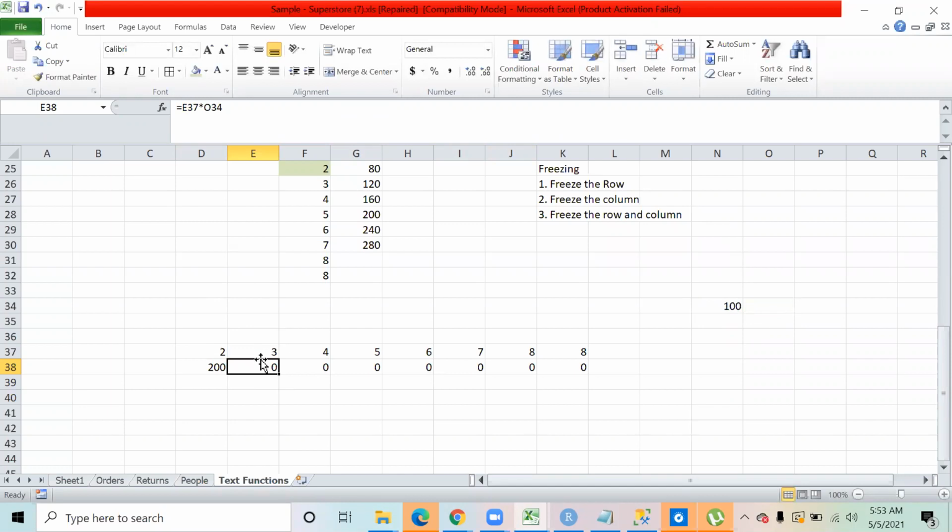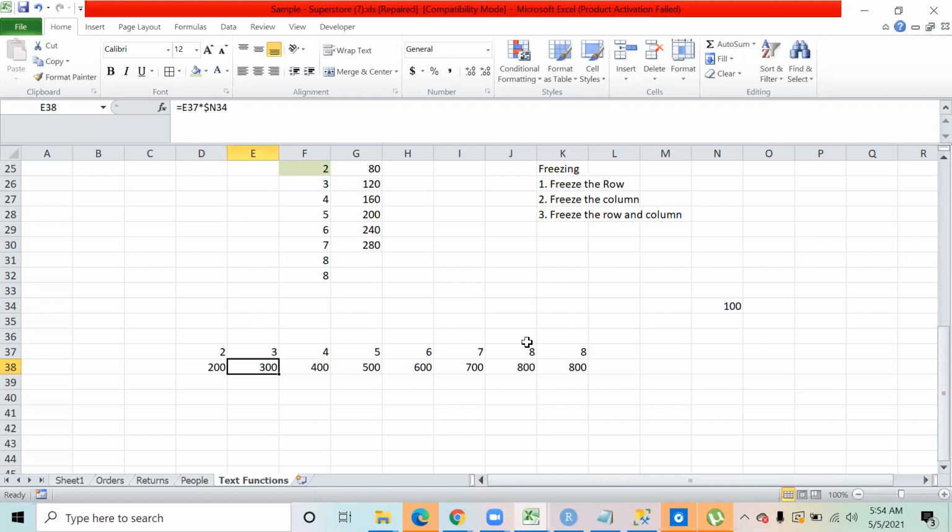Please try to understand this. In this scenario, I am going to paste my formula on the right hand side. When you paste the formula on the right hand side, what changes, row number or column number? Column number, right? So if I come on N34 and freeze the column number, that means I put a dollar sign before the N. Now if I copy and paste the formula on the right hand side, N will always remain static. Everywhere N is not going to change.